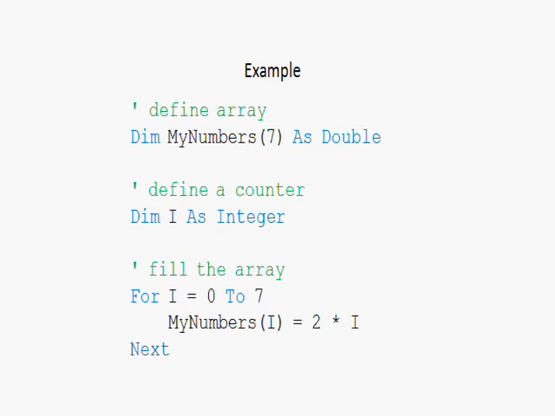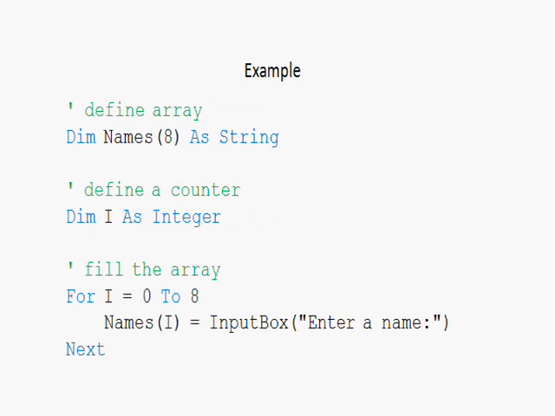Let's check another example. We are working here with strings. So here we define the array names. It has 9 elements, starting with element 0, ending with element 8. And also we have an integer. What we do here is read the names from the keyboard and place them into the names array. So this is basically a very